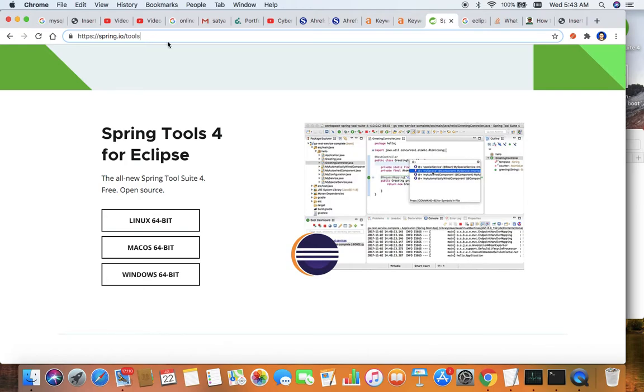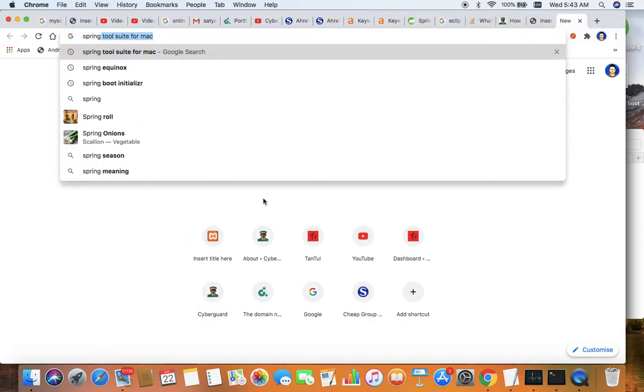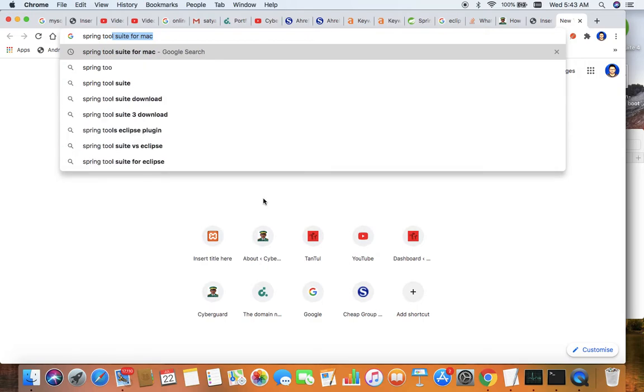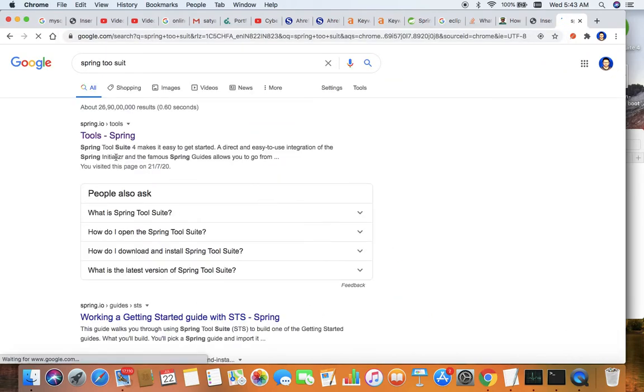If you search in Google for Spring Toolsuite, spring.io/tools is going to be the first result. So this one you have to open.